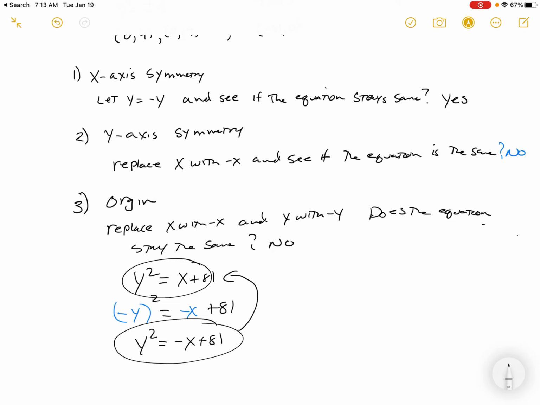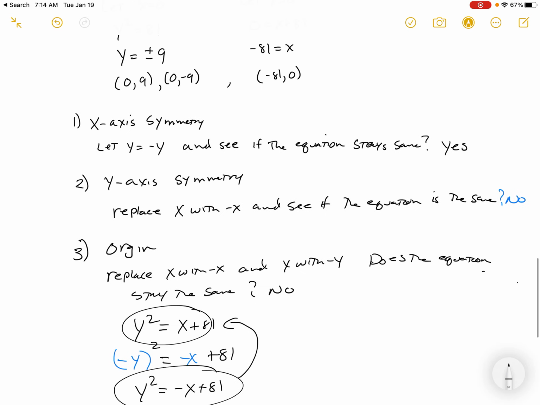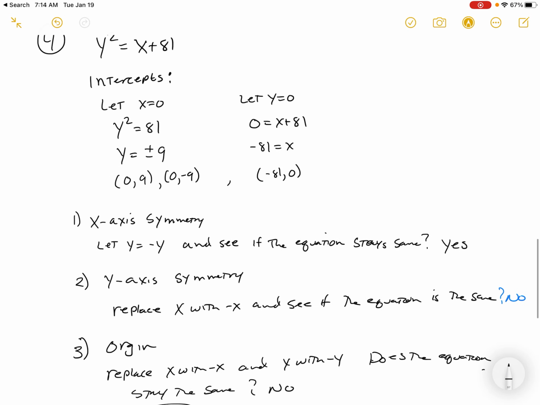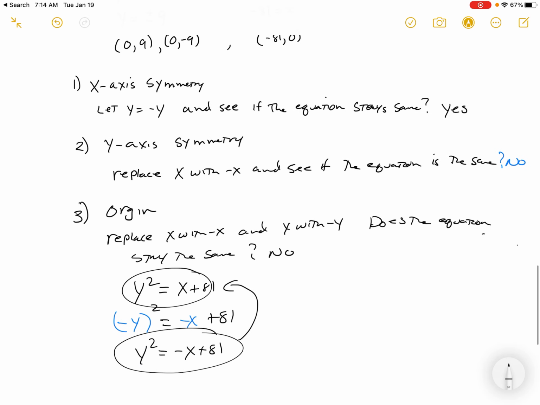And you'll do that a few more times with just different types of functions. The best part is you're getting practice letting things be zero and solving. You get some practice with solving quadratic equations. You'll get some practice and get into this new idea of symmetry. So give that a shot and let me know